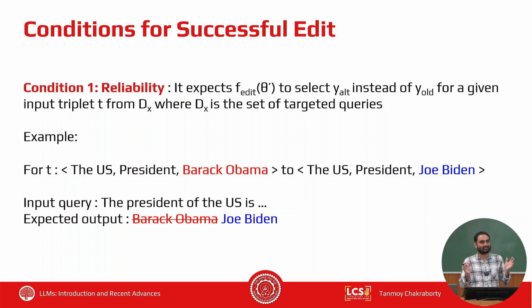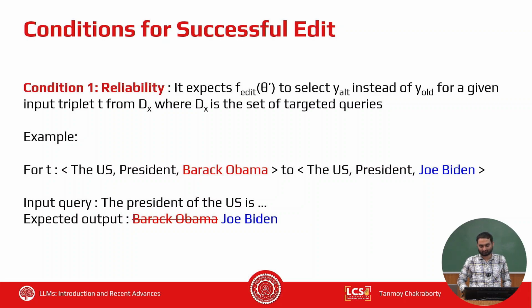And remember, all these subject relation objects are essentially very fuzzy concepts, because as I mentioned, we do not know whether this kind of relation is at all maintained within the memory or not, right? And subject object relations are stored in terms of some sort of embeddings, some sort of vectors. Okay, so let's say you are successful in editing the knowledge. What are the other effects of this editing?